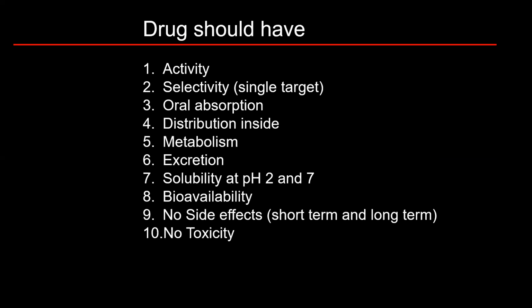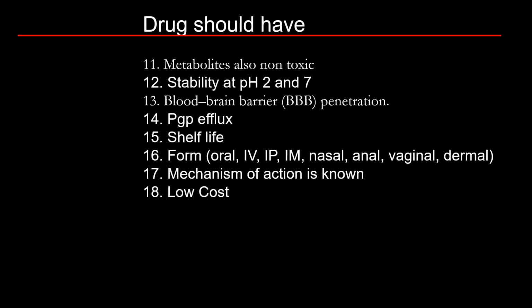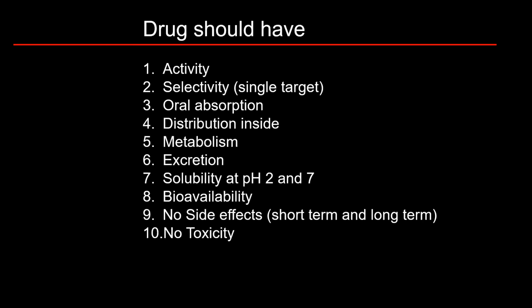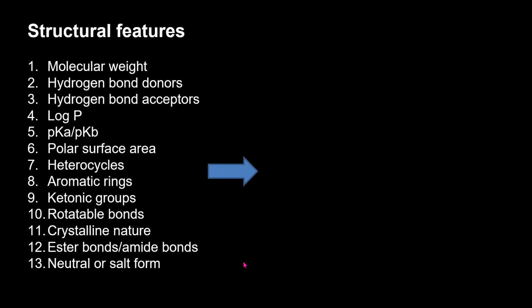So don't think, I make a small molecule and test it on some cancer cell lines, it works well, oh, I got a drug. Definitely not, because all these properties have to be simultaneously satisfied. Otherwise, it might not pass the animal studies or human studies. And as I said, about 94-95% of compounds fail because they don't satisfy all these conditions. So you need to keep that point in mind.